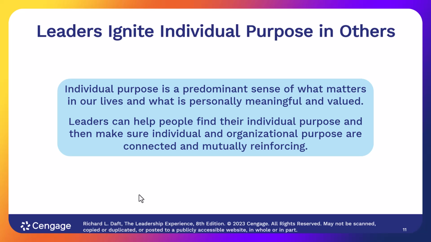So I have the vision, I'm the dreamer, and then I want to talk about the strategy, but I've got to get other people's individual purpose the same as mine. And mine has to be consistent with the organization, and theirs too. When we do that, that's what we call having alignment from top to bottom. Now this is when you have assembled a team, and people believe and are willing to work and execute on stuff together.